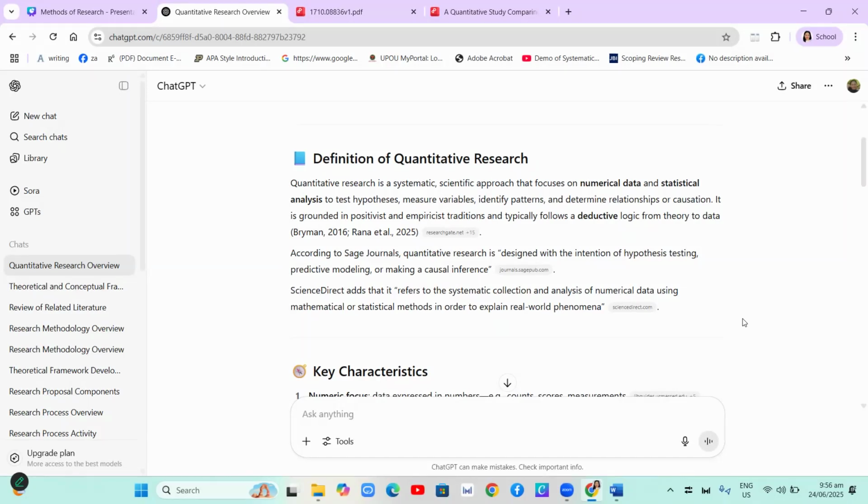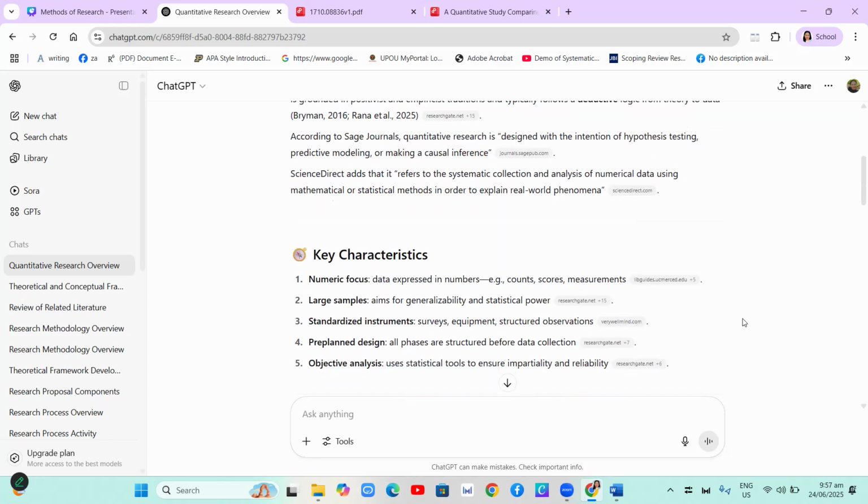Quantitative research also aims to explain natural phenomena. By using experimental methods, tables, and other methods of analyzing data, they aim to explain natural and real-world phenomena.